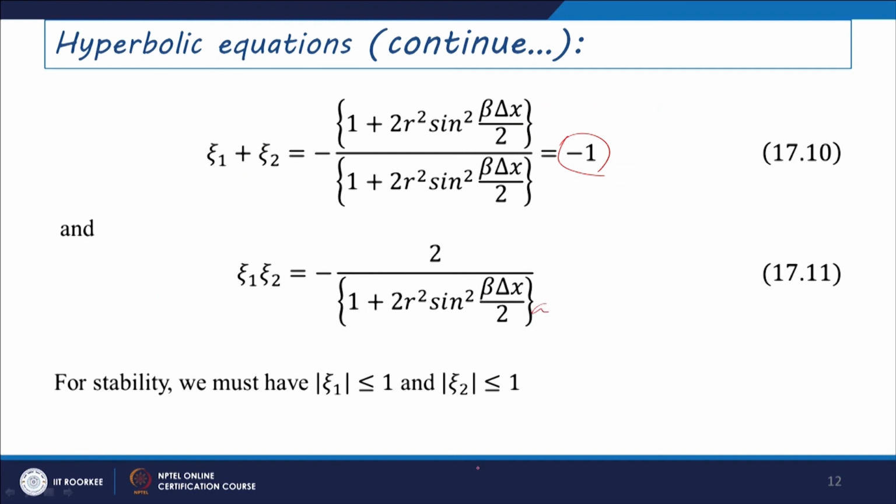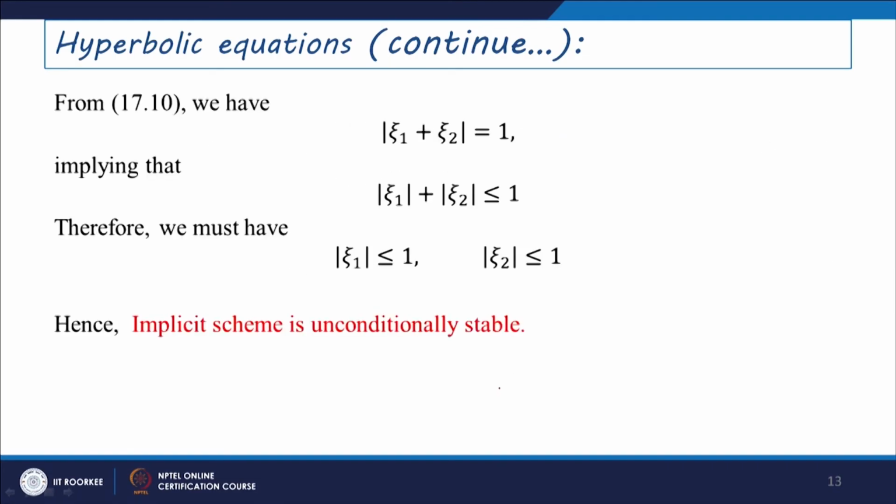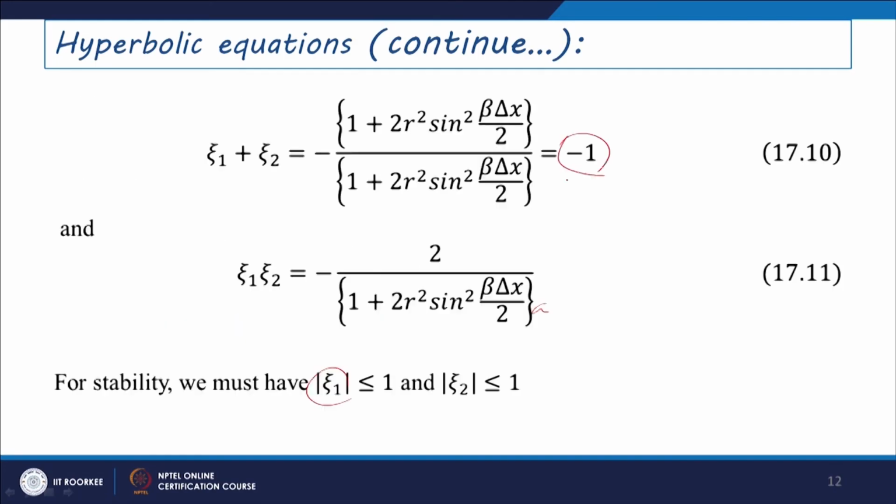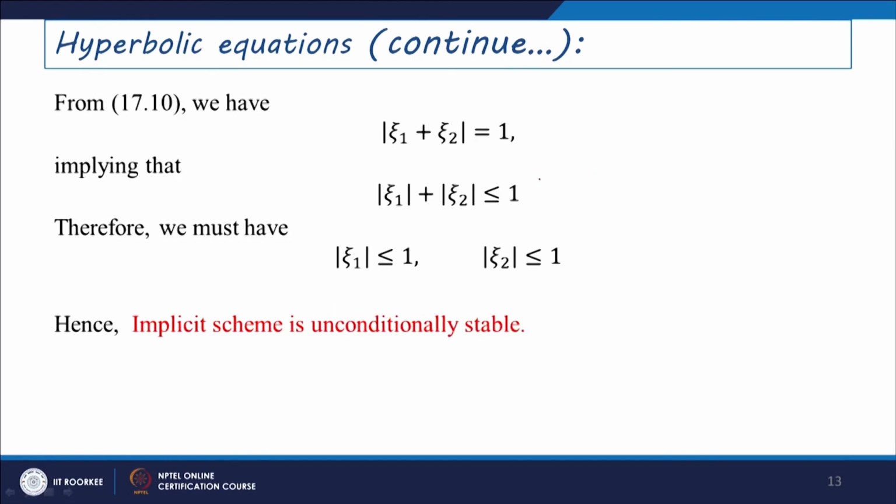For stability we have to consider that the absolute value of zeta 1 should be less than or equal to 1, and the absolute value of zeta 2 should be less than or equal to 1. If you consider this condition, we can write the absolute value of zeta 1 plus zeta 2 equals 1, since you are considering absolute value, minus 1 becomes 1 there, implying that the absolute value of zeta 1 plus zeta 2 should be less than or equal to 1 here. And if you go for the absolute value of zeta 1 less than or equal to 1, and the absolute value of zeta 2 less than or equal to 1,